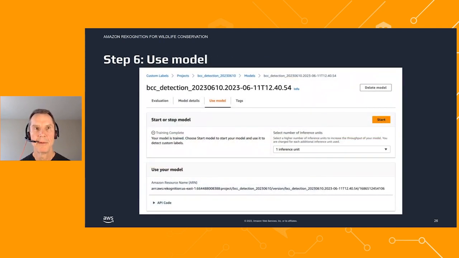Once you're happy with the model, you can start and stop the model in the console. The example code for the model usage is provided. You can choose how many instances to create, how many instances to increase your throughput, and you're basically charged for instance hours, or how long you use how many instances.